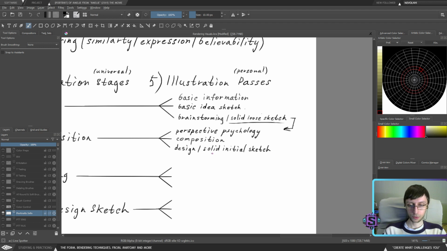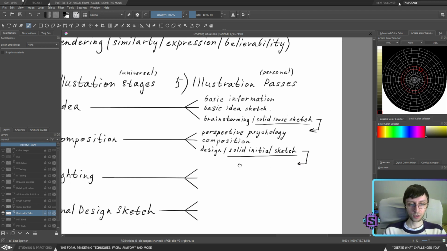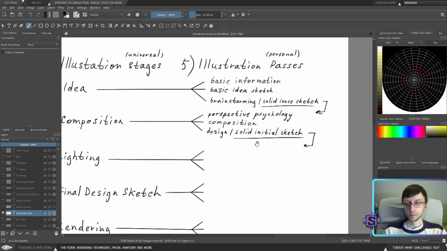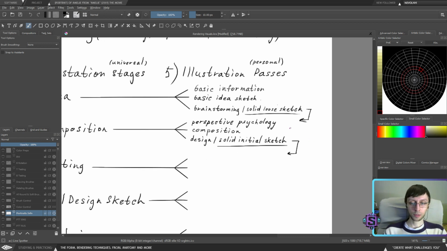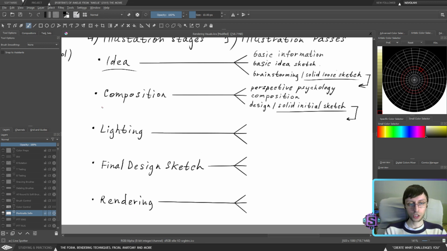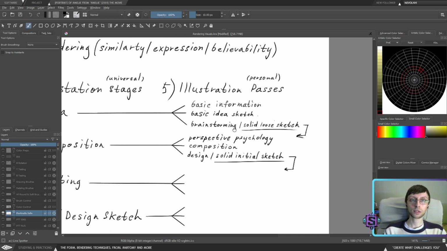So something that helps you to figure out those transitions. Because at the beginning, I didn't understand at all what passes are. For me, it was like, what? What are you talking about? This is the same as stages. Nope, they are not. And again, I believe we need to look at them a little bit differently. They're all a big part of one thing, but again, you can't change those things. You will need to work on them regardless, but this is something that you can adapt to your personal process.